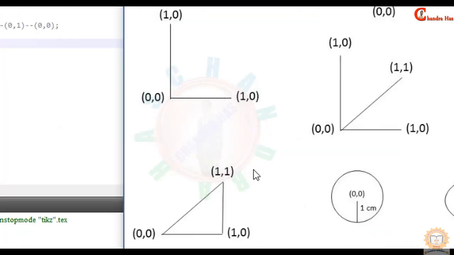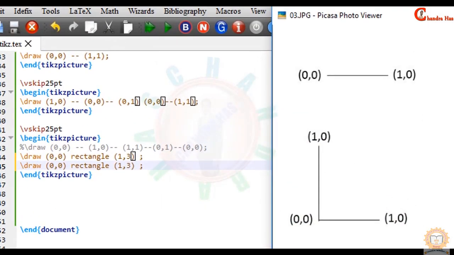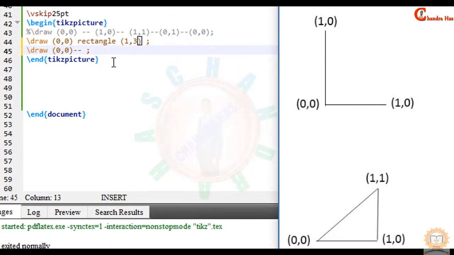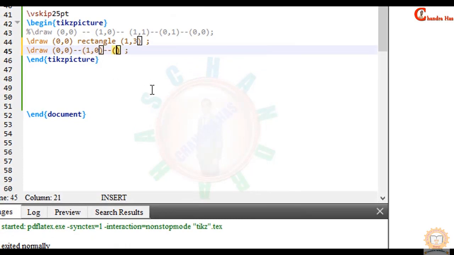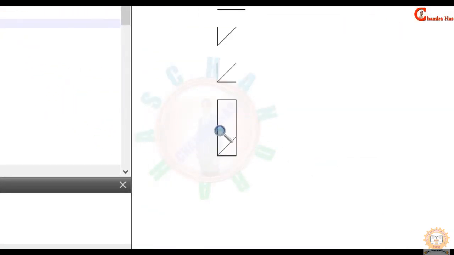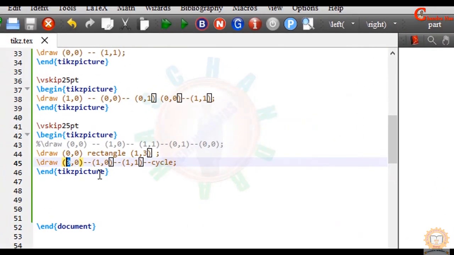Okay, in the next I want to draw this one, so it's very simple. Just start from here and then go to this point, and then this point, and alternatively we can use cycle option. Okay, so first point is 0 0, next point is 1 0, and third point is 1 1. After that just write 0 0, or alternatively we can use a cycle and compile this file. We can change the position of this triangle, so just change the starting position. Okay, I want to use 3 centimeter, and this one 4.